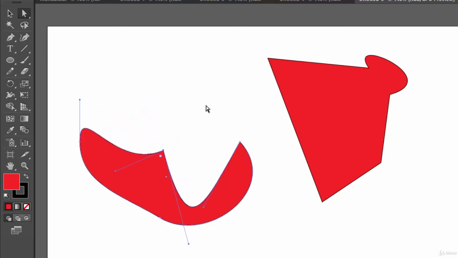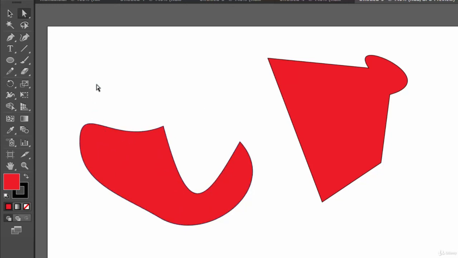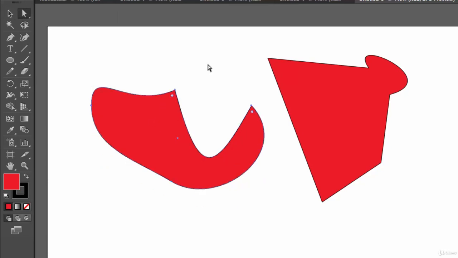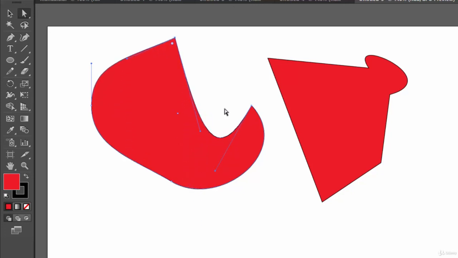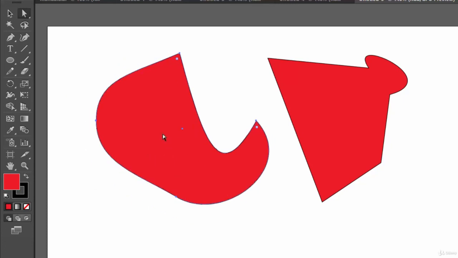Okay, that's it. So that's it, guys. I think that now you have got some idea about the selection tool and the direct selection tool. And again, if you select a point and you are moving it down, it's moving down by 1 point, I mean 1 unit. But if you want to move it down or up by 10 units, you need to press the shift key and see. So yeah, shift key is really very handy.